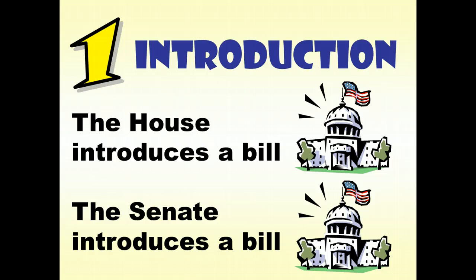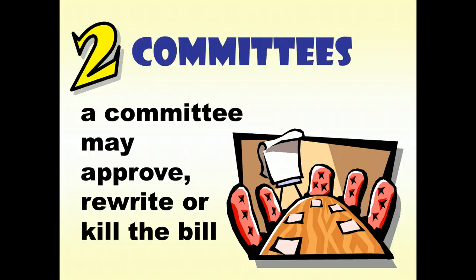Now, it does have to go through both the House and the Senate eventually, but typically it will start in one before it starts in the other. There are some limitations on which house it has to start in, based on what type of bill it is. Probably the most basic one is that if it's a bill that will eventually become a law that has taxation, it has to start in the House first. But otherwise it can start in the House or in the Senate. Once it's introduced, it's going to move on to step 2.